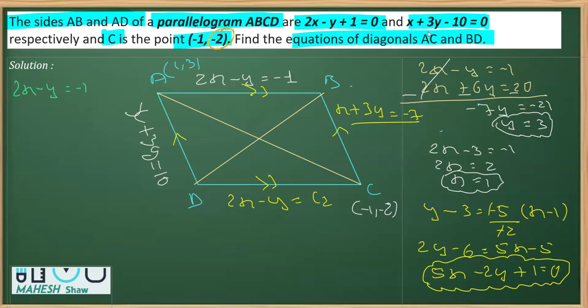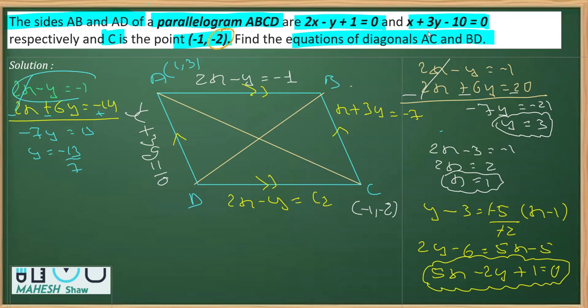I'm multiplying 2 here and reducing with this. So multiplying 2 here gives 2x plus 3 times 3 into 2 is 6y is equal to -14. If I use elimination here, this is minus, minus, and plus. This gets cancelled here. We get -7y is equal to +13. So y comes out to be 13 by -7, or say